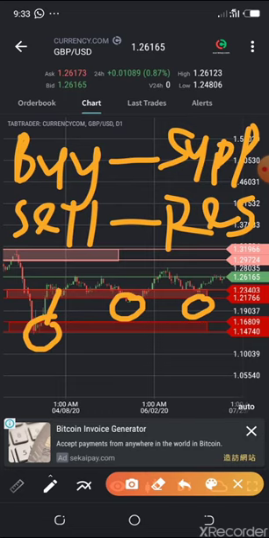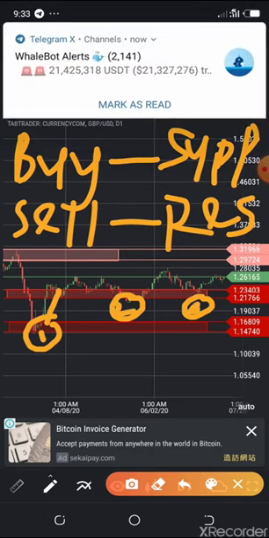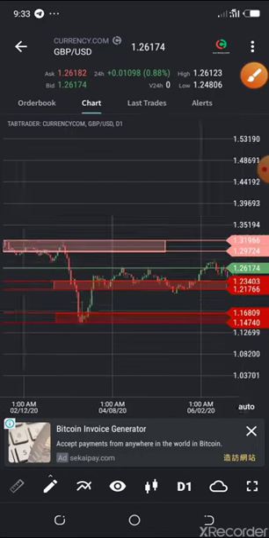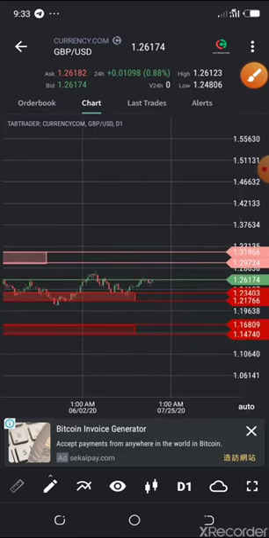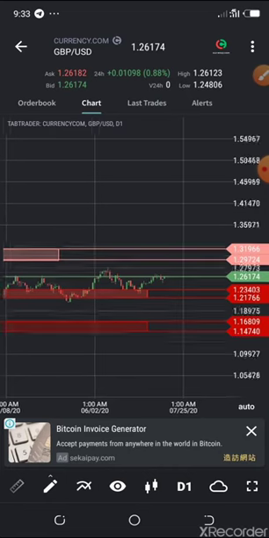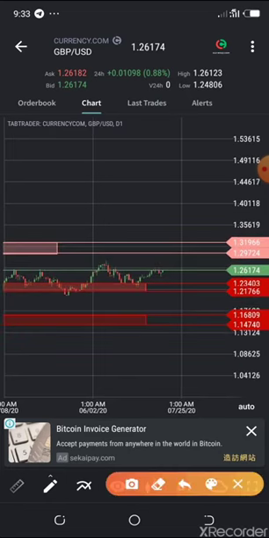Two things are expected while using this support and resistance strategy. You can expect a price reversal, just like what has been happening at point 1, point 2, and point 3. You can also expect that price would not respect it. Let me show you. We would expect that price will not respect this support zone, and then it will break further to meet the next support. Are you getting it?